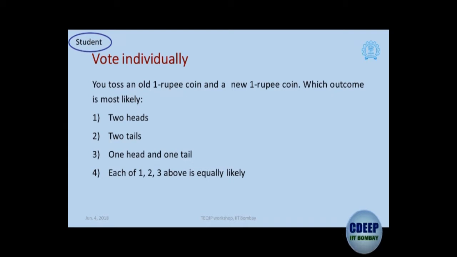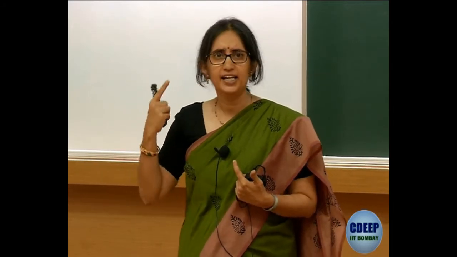Okay, so now what I want you to do, I'll give you a couple of leading questions. Think about that, then talk to your neighbor. The leading question is this. You have 2 coins. You're tossing it. So if you want to find out about outcomes, suppose you had only 1 coin. How would you figure out, what would you do to figure out about the outcomes? Think about that question. Suppose I had only 1 coin, what would I do? And apply the same process if you had 2 coins.